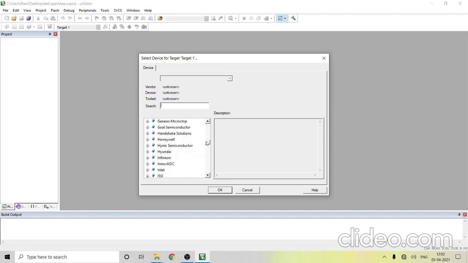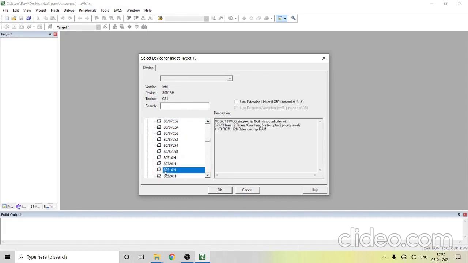It is in alphabetical order, so go to I. Click the plus icon near Intel, and you can select 8051. This is one option. The other option is in the search itself, you can type Intel, or you type 8051. Better we type Intel, then 8051 AH. Click it. Click OK.